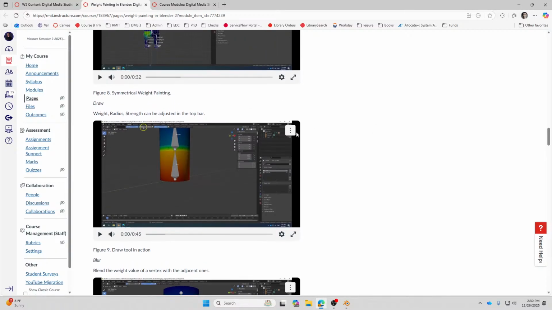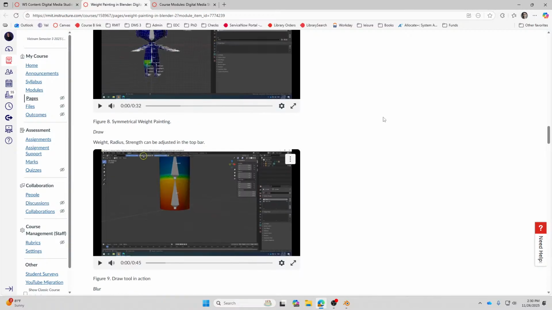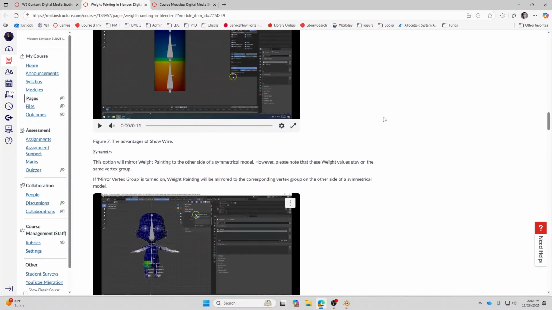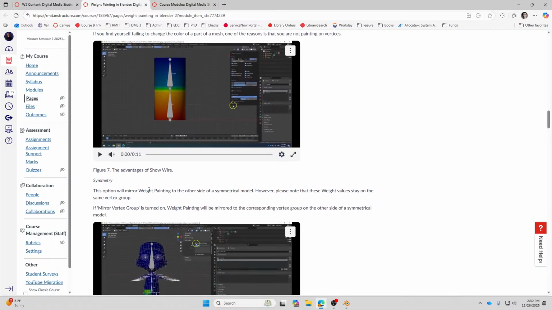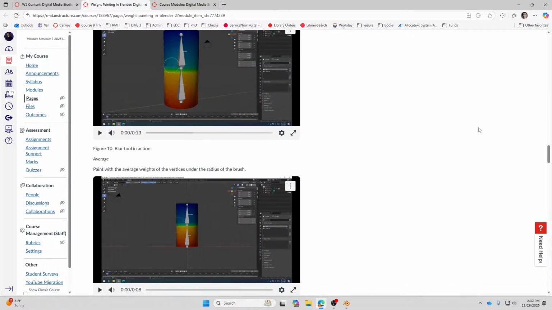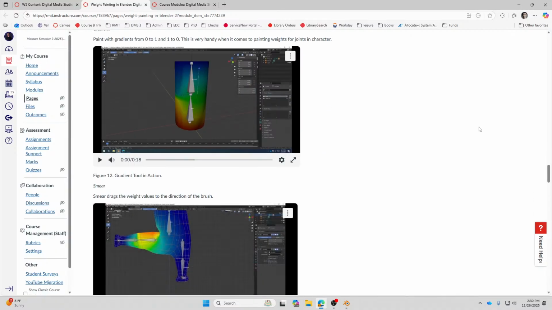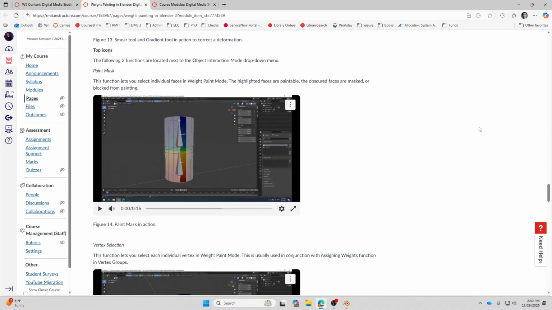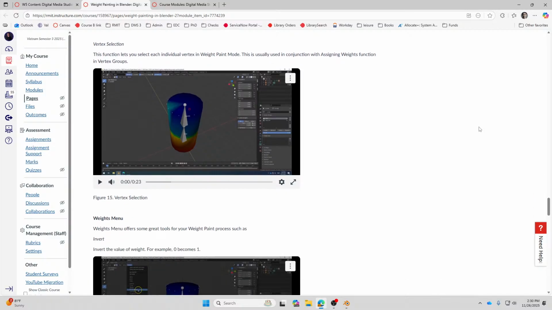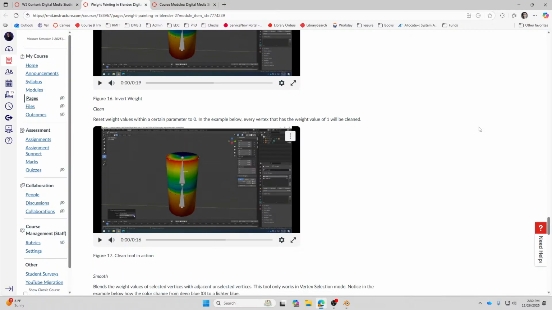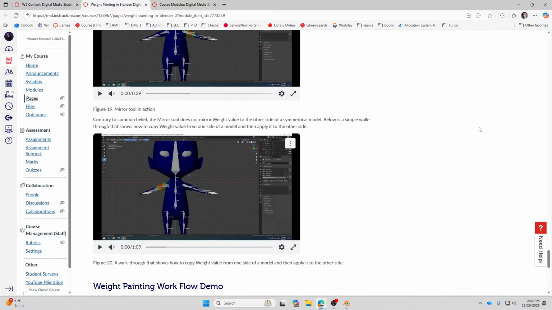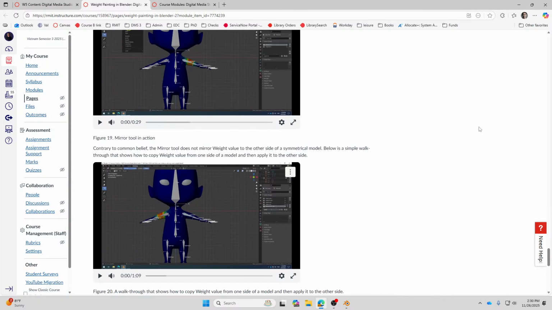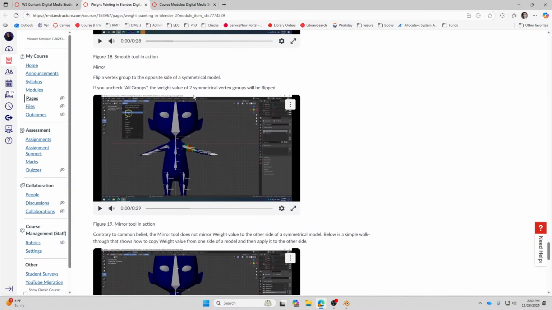Underneath the mirror section, you will be able to see a mirror in figure 19 as well.